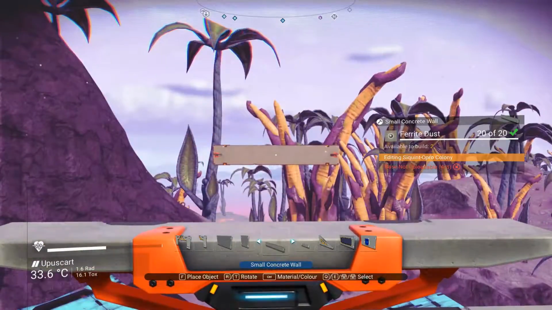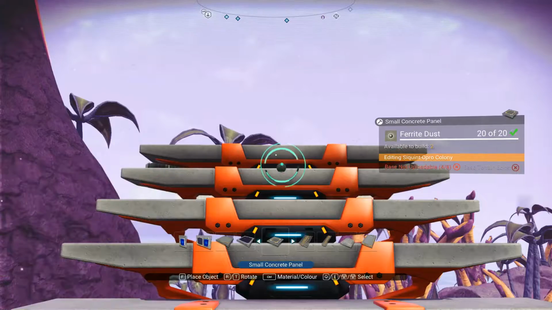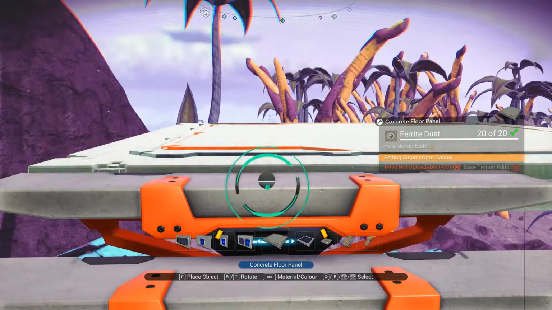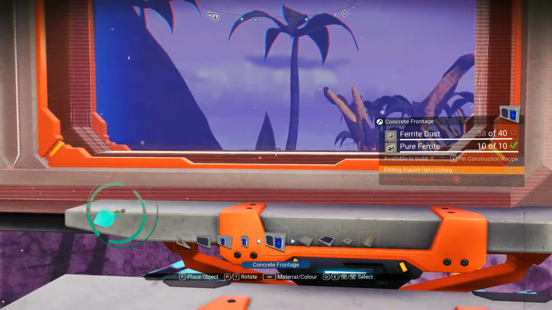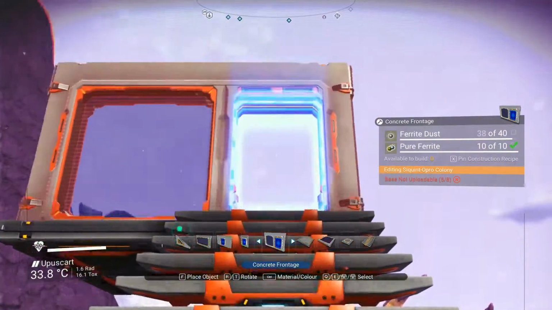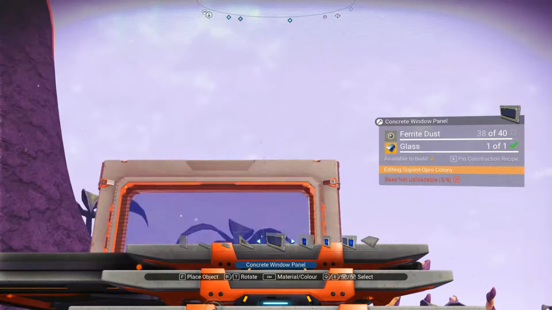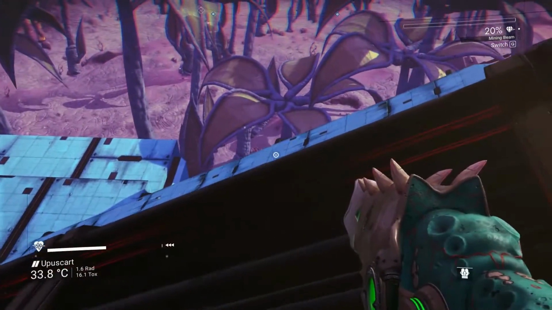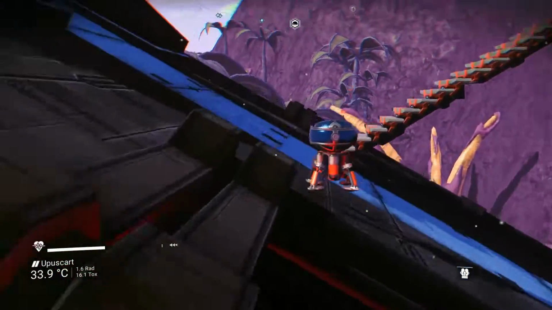Now from here, what we need is, let's see, roof panel, framed glass panel, floor panel. Let's just go floor, and then we'll put in this frontage, right? Missing the dust? Really? And then we have the glass. Okay. Not a problem. We just gotta see if maybe there's a little bit of dust we can pick up from up here so we don't have to go down and back up again. Or